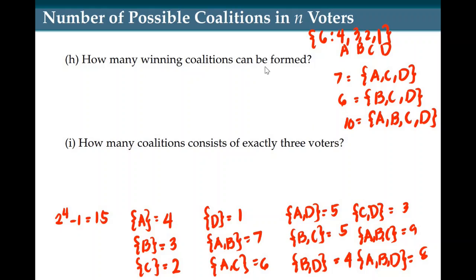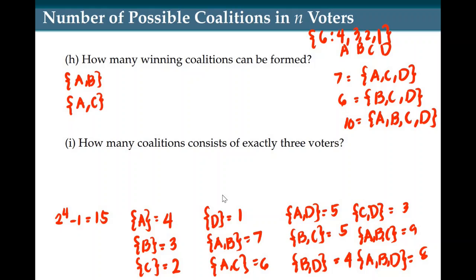So how many winning coalitions can be formed? From these coalitions, those coalitions that are greater than or equal to the quota are considered to be a winning coalition. First will be the coalition A and B because it has 7 total votes. AC equal to the quota,